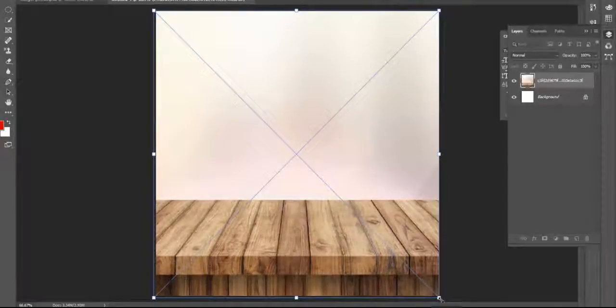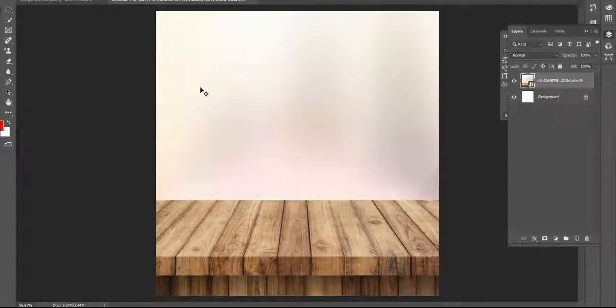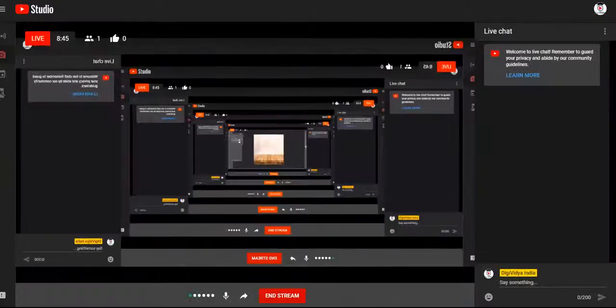I tell you, in 2019 it works this way; if you are using a lower version, you have to press Shift. But in this software, I don't press any key on my keyboard. I only drag from the corner, right? And press Enter to commit the free transform, right? Easy? Yes.